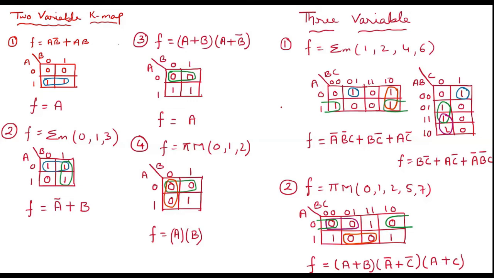Now coming to three variables, I have taken only two different cases. So F is equal to summation of min terms 1 2 4 6. Here I am not using A, B or something like that, because this part is clear now with two variables. I am implementing 1 2 4 6 in this pattern as well as this pattern. Both patterns I have shown you. In examination you can take any one of the patterns, either this one or this one. You will get the same number of min terms, because this is a sum of product. If it is max terms also, the same number of max terms will be obtained.